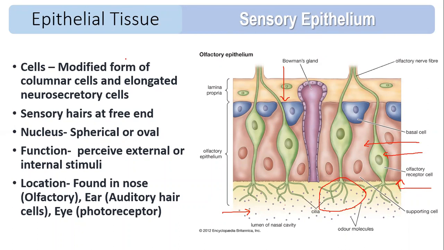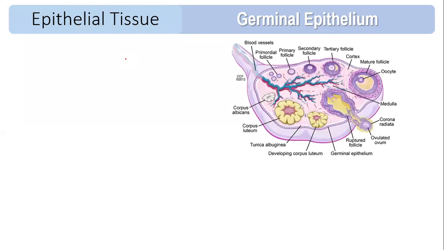Now there is one more part of epithelium, the last part of simple epithelium, called as glandular epithelium. Now what is germinal epithelium? So these are the special epithelium. The cells of this epithelium are going to divide meiotically. That means the cells of this epithelium will undergo meiosis. You can see there is a germinal epithelium in case of the ovary. This germinal epithelium will undergo meiosis to produce ovum, or oocyte. It is produced by which process? Meiosis.